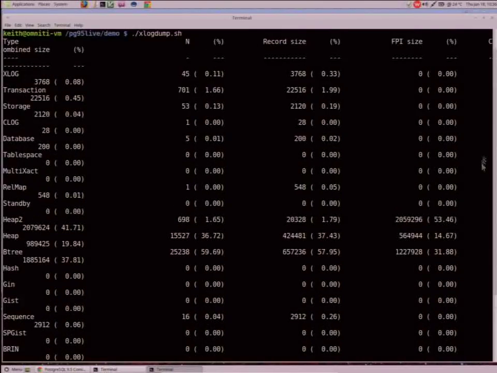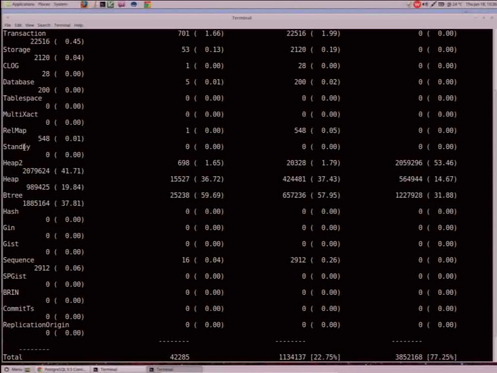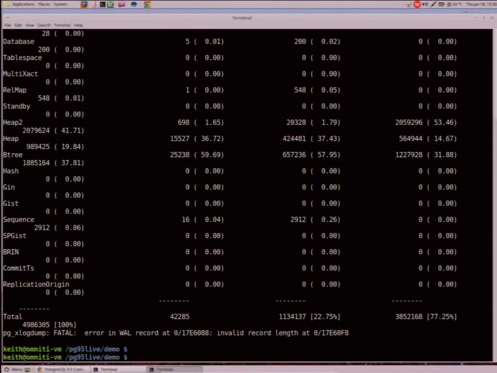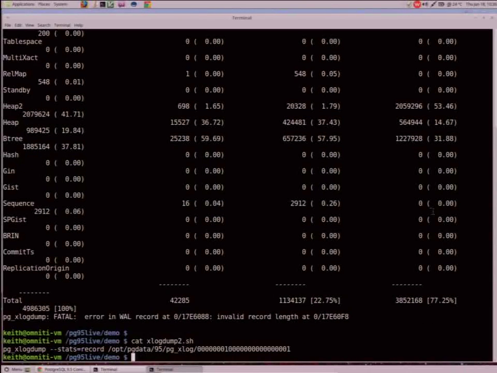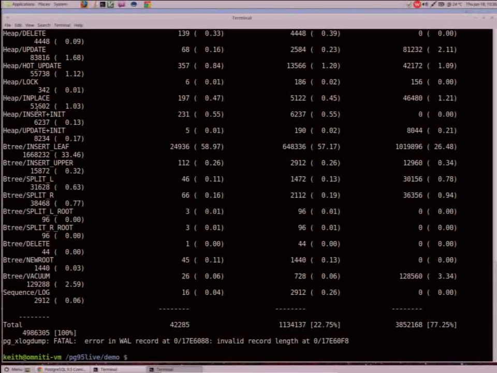My resolution went down here, but you can see these are all the different services in Postgres, the resource managers. The handy one I found is if you give it the stats equals record option, it'll actually show you what is in there as far as inserts, updates, deletes, vacuums, all of that kind of information.